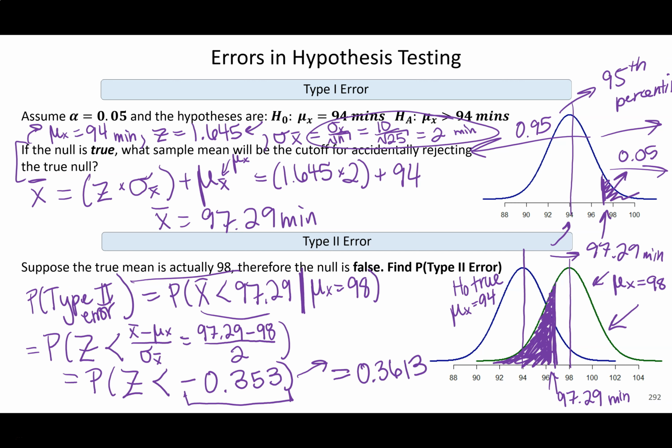So the probability of type 2 error, which is failing to reject when it really is higher than 94 minutes, or like 98 is when it's really 98, that would happen about 36.13% of the time. So yeah,